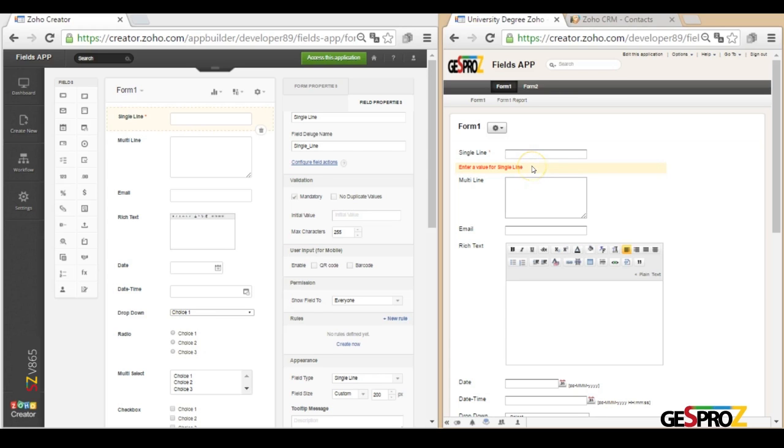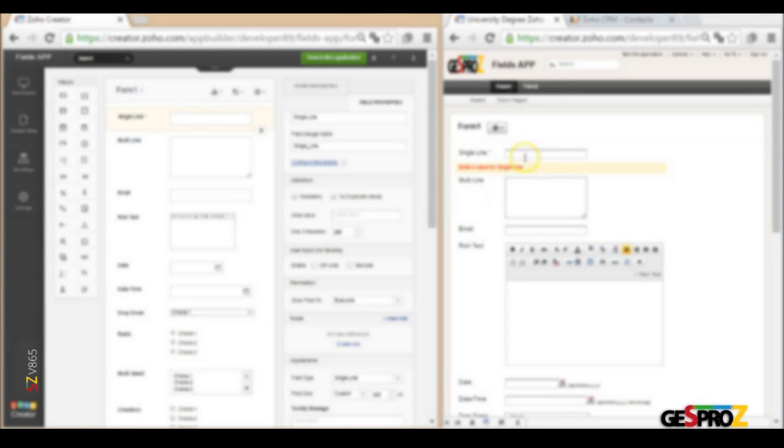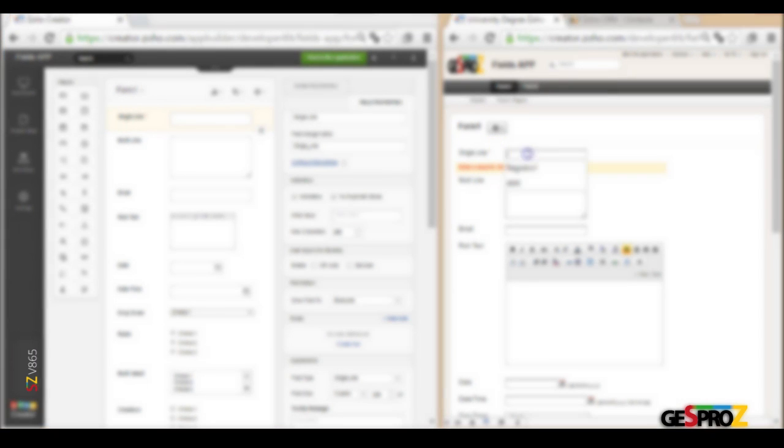We also have the option to mark it so that we don't have any duplicate values. So I cannot have two registers with the same value in this field. For example, in single line,